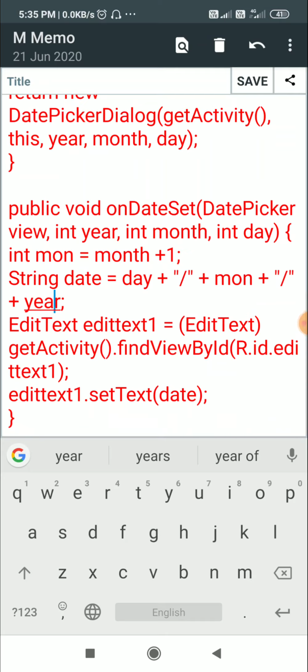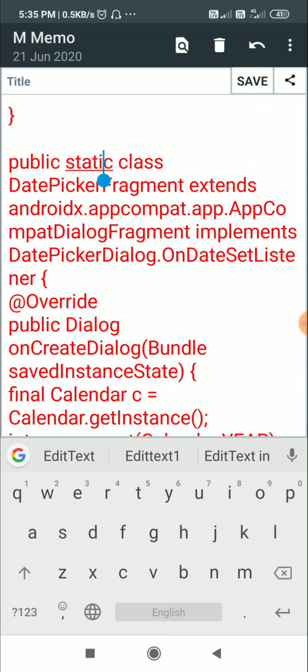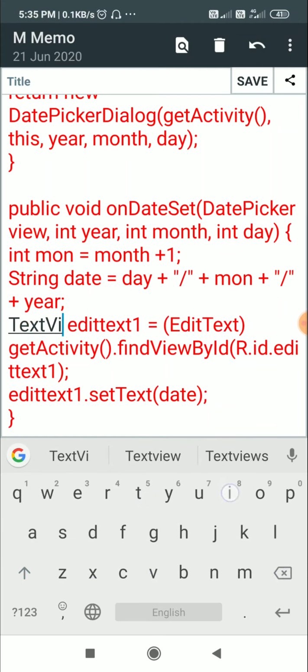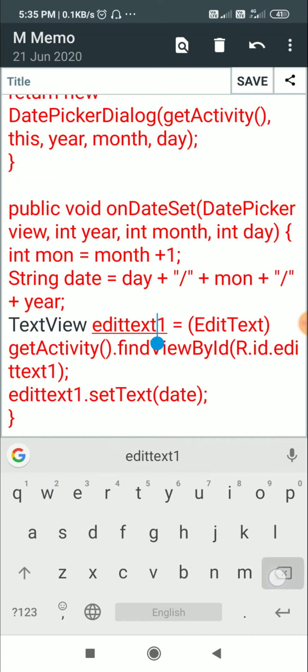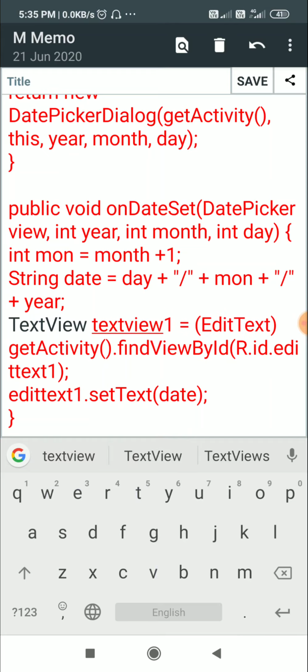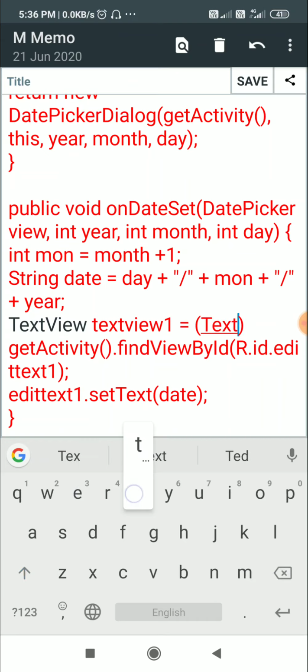Okay, and yeah, I have to display it in text view 1, but here in the code there is edit text. So since this is a static method, I cannot simply write textview1.setText(date). So I have to get text view 1 from view. So here I will change this edit text to text view. Then I change the name to textview1. textview1 is equal to, then the type will again be a TextView,